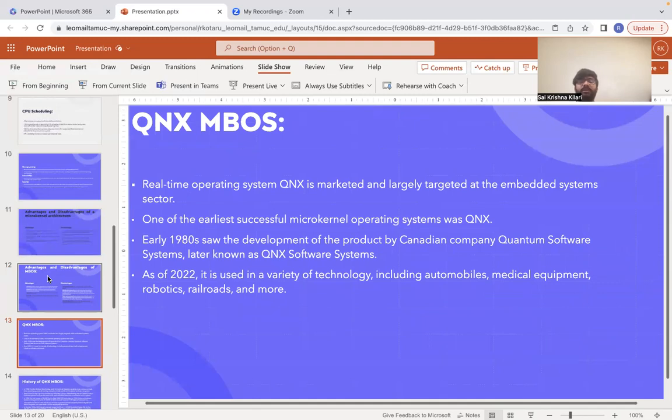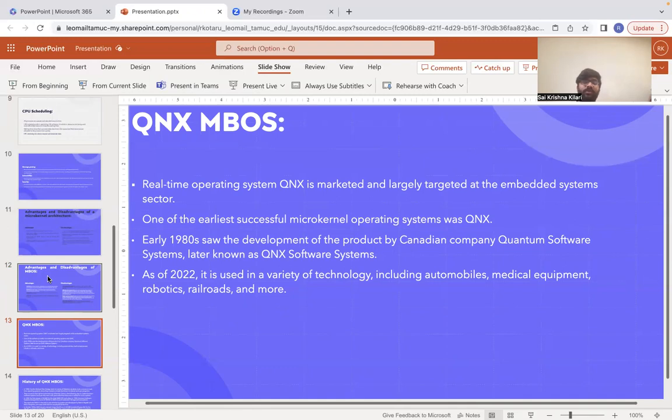One of the earliest successful microkernel operating systems was QNX. The product was developed in the early 1980s by the Canadian company Quantum Software Systems, later known as QNX Software Systems. As of 2022, it is used in a variety of technology, including automobiles, medical equipment, and robotics,